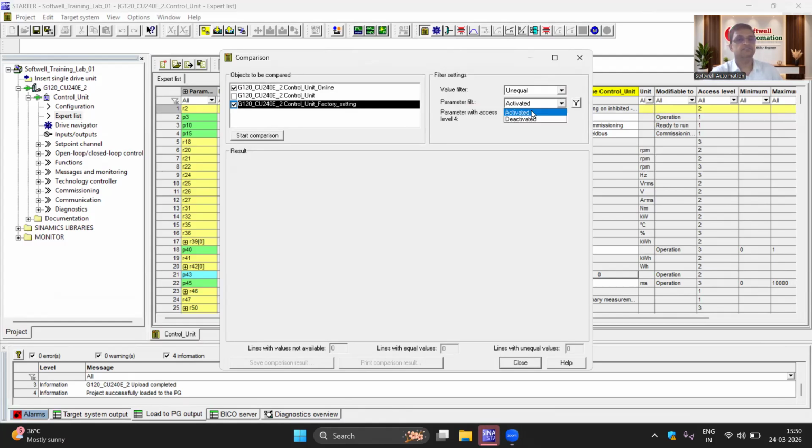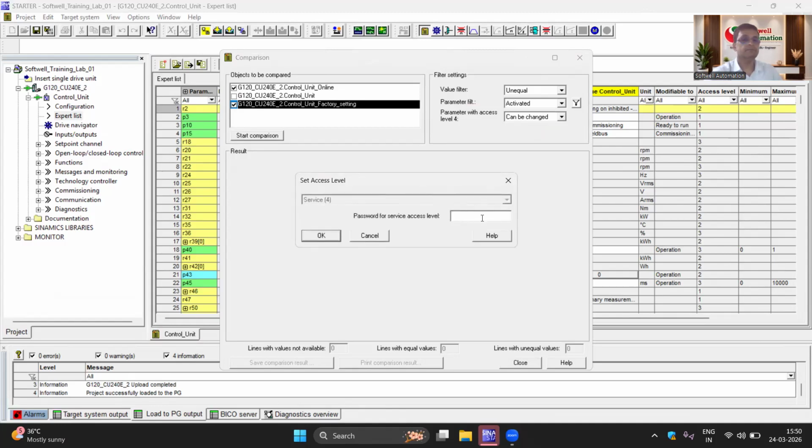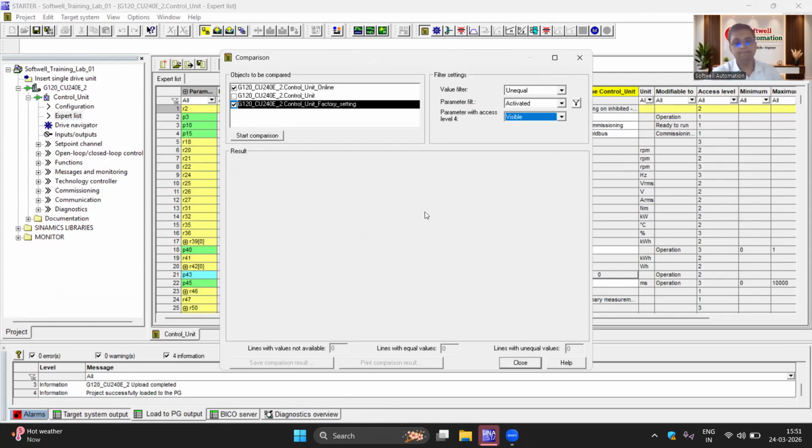So just click on it. Activated, visible, not visible, access level 4. Access level can be changed, so just click on it, can be changed. Okay, so access level password is required. So just here visible. Okay, so just click here on start comparisons tab and wait for the result.